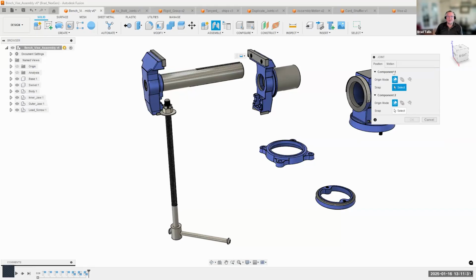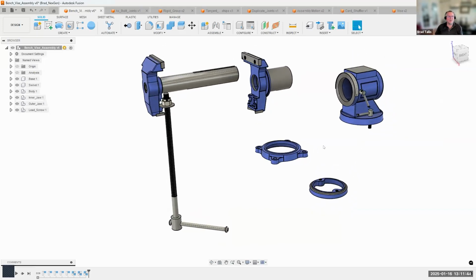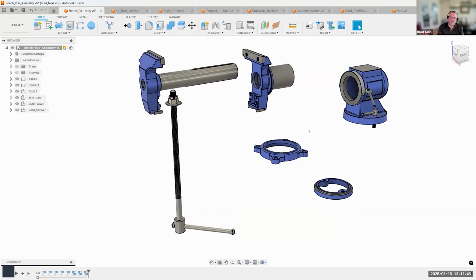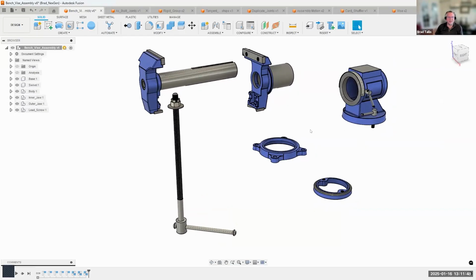And then you'll notice it has component one and component two. And so we're going to basically move one component to another component and create a joint to do that. So let's go ahead and show how this is going to work. I've got a bunch of parts randomly located on my screen. And you can think of this as the bottom-up design methodology that I talked about last week,